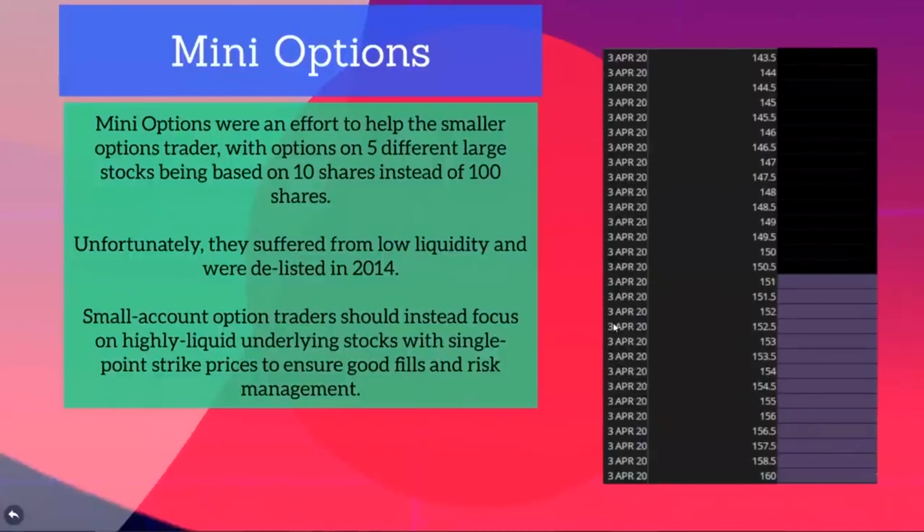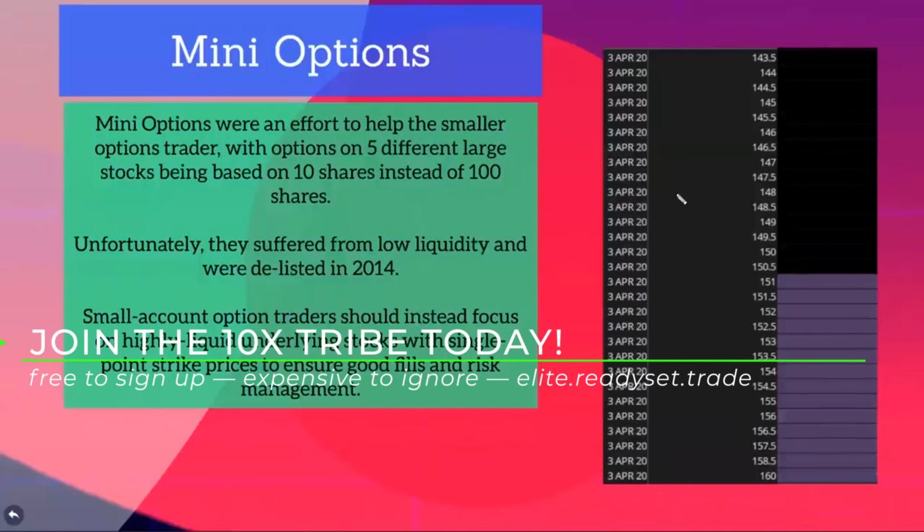And then finally, mini options, which, let's have a moment of silence for the old mini option. They were an effort to help the smaller options trader, but it was just an experiment that went nowhere. Low liquidity, nobody was trading them, so they were delisted in 2014. But we can do essentially the same thing with the choice of the right stock with regular options that are